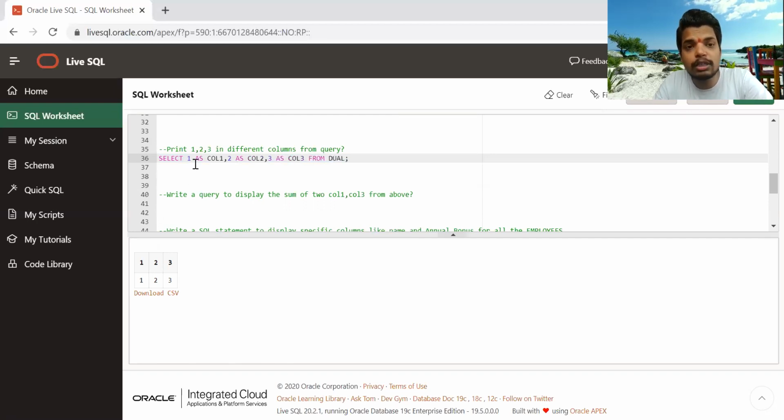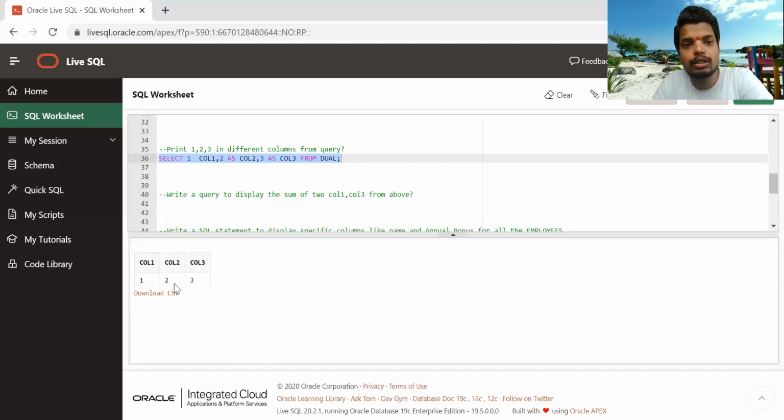When we mention as, or even if you don't mention as but just give a space after the value, it will assign this name as an alias name for that particular value. So if you run this, you will not get 1, 2, 3 as the column names; you will get column 1, column 2, and column 3. Let's check.